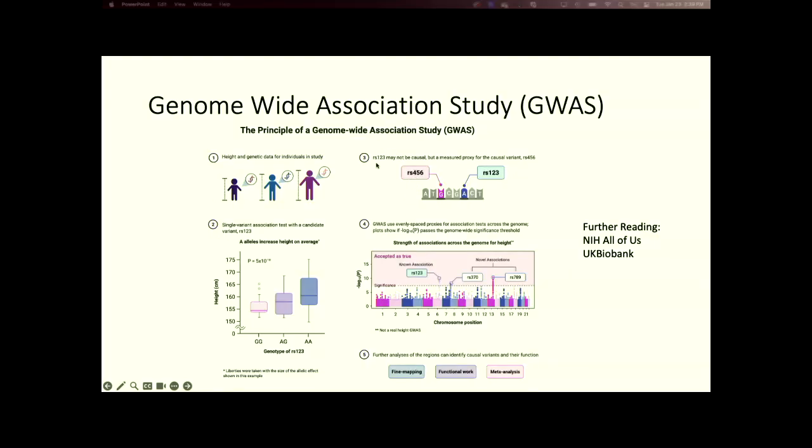And the third point here is that genetics can be really complex. We can have things in biology that we call epistatic effects, where one gene or one variant may just be a proxy for another causal variant. So then what we do is